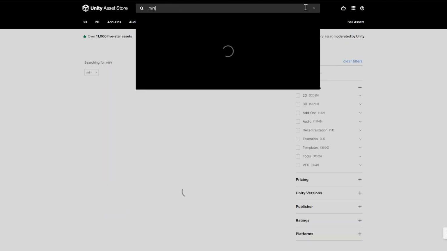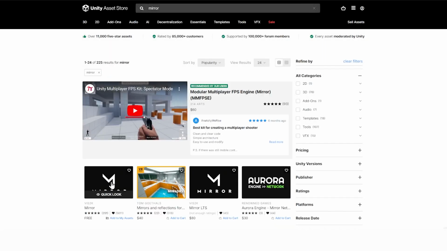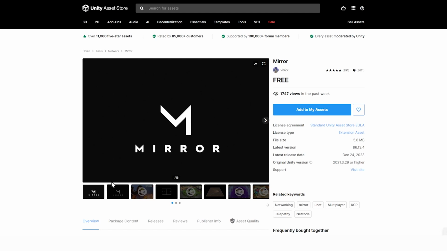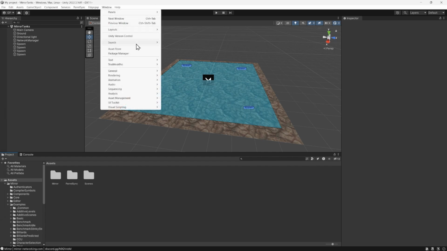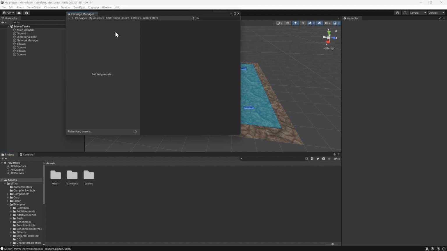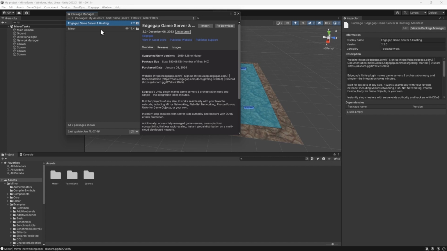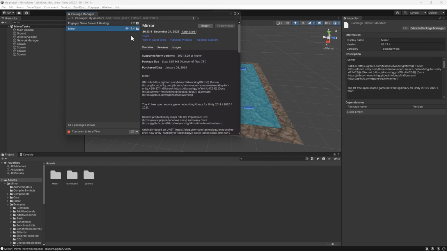First, make sure you use the latest Mirror plugin. It can be downloaded directly from the Unity Asset Store. A direct link is in the description. Once you've installed and imported Mirror from the store, access it by selecting Window from the top menu. Then select Package Manager. Then from the drop-down, select My Assets to find the Mirror plugin. For new users, we strongly recommend watching the amazing community tutorials to use Mirror to its full capabilities.